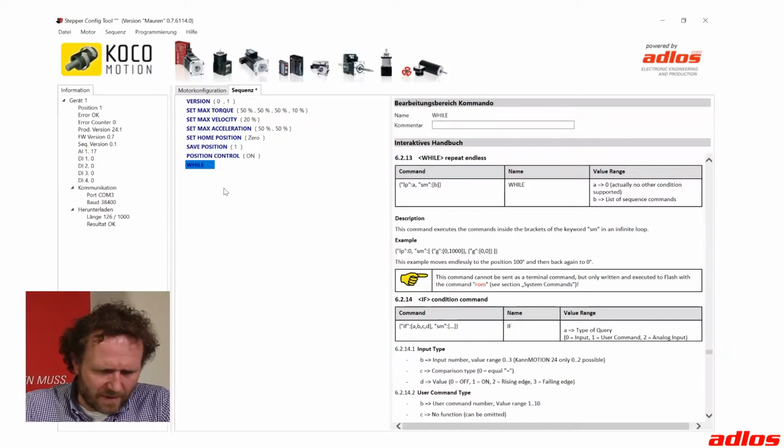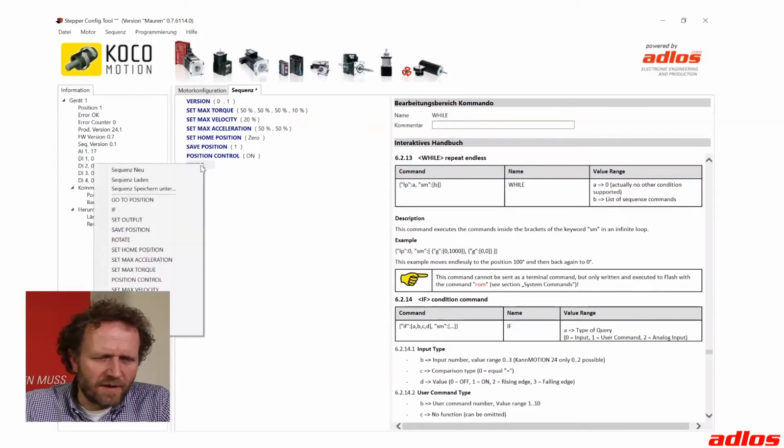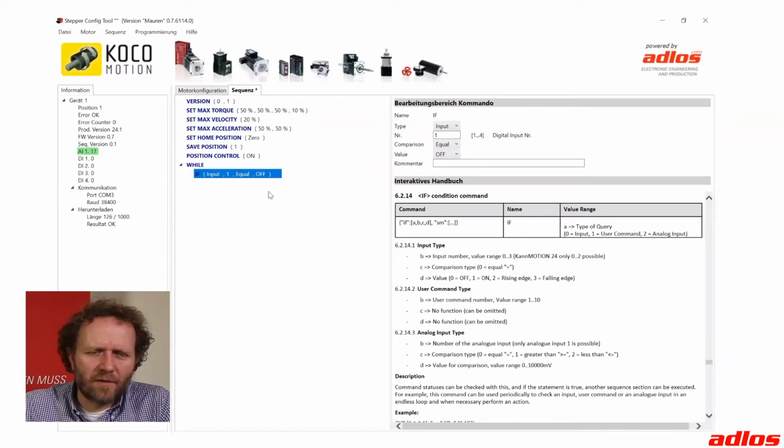Okay, we will produce a motion which goes 10 degrees relative and then goes back to position 0. For this I will use an if command. An if command, there you have different options. You can have it